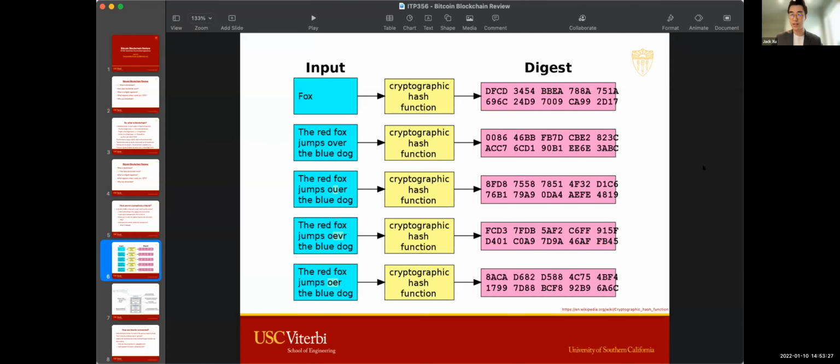So basically it turns a string or any input data into an output of fixed length. It doesn't matter how long the input is, the output will always be of the same length. And also it's irreversible, meaning that you can only go from the input to the output. You can't go from the output to the input. And also it's deterministic. So every time you hash the same input, it will always give you the same output,